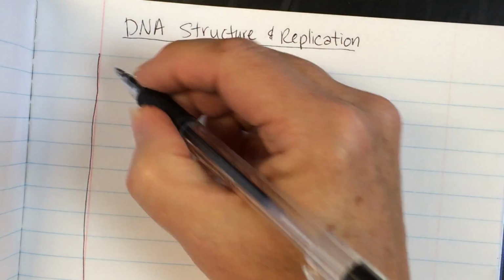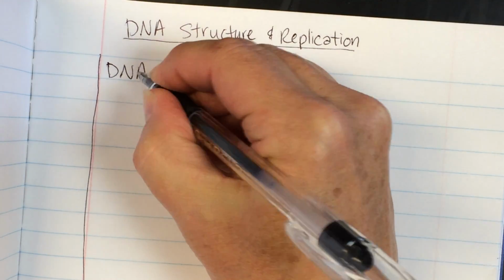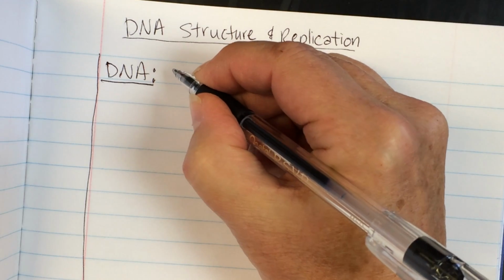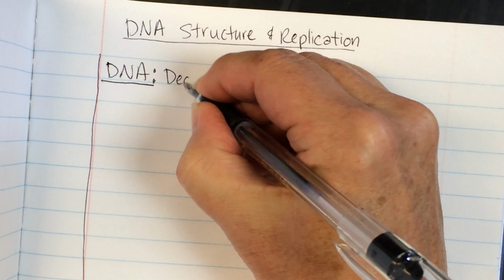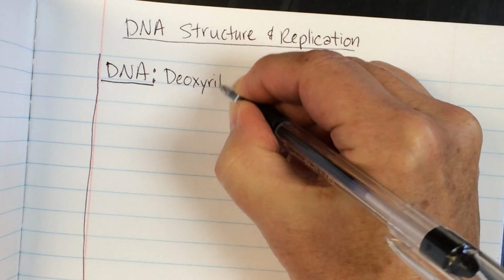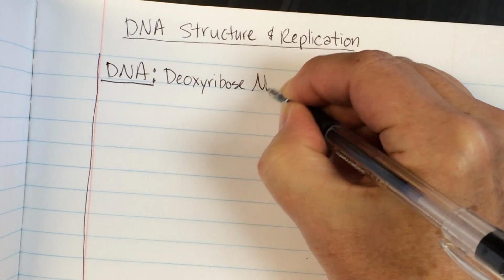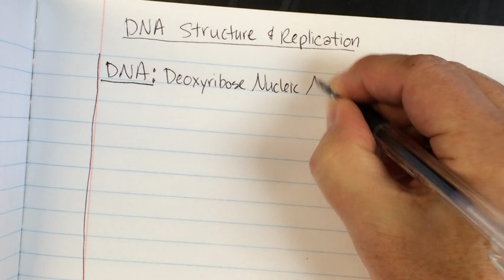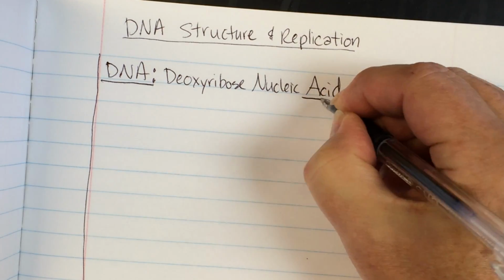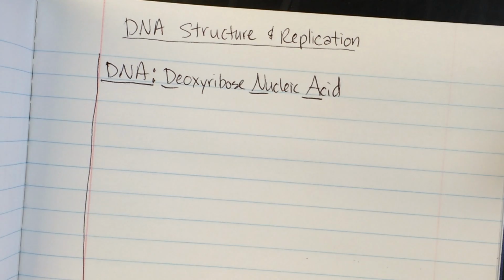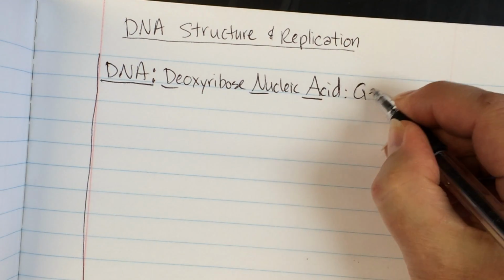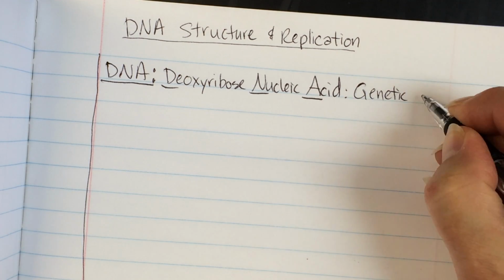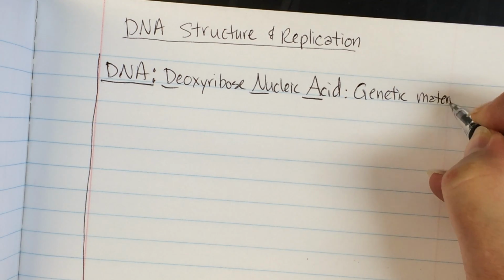So we better start with the definition of DNA. What is DNA? Well, you sound really smart when you say it. DNA is deoxyribose nucleic acid. That's where we get the D and the N and the A. Okay? So what exactly is that? Well, that is genetic material